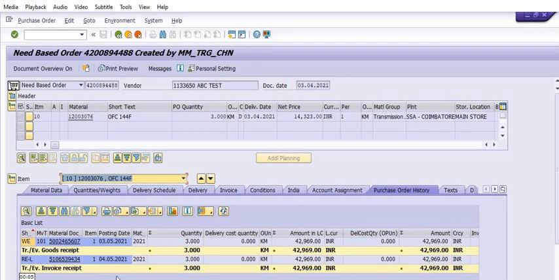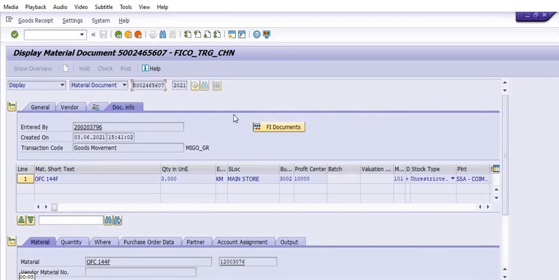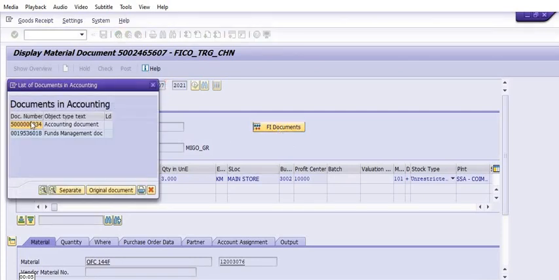So I'm just going to check the purchase order history. There is a material document, and after clicking on this material document, click on the FI document. This is the goods receipt document. We have successfully done goods receipt against the purchase order of this 3 kilometer quantity which is supplied by the vendor. Once you click on the FI document,